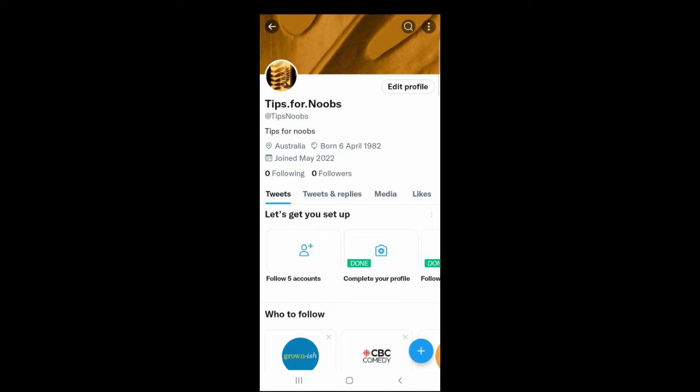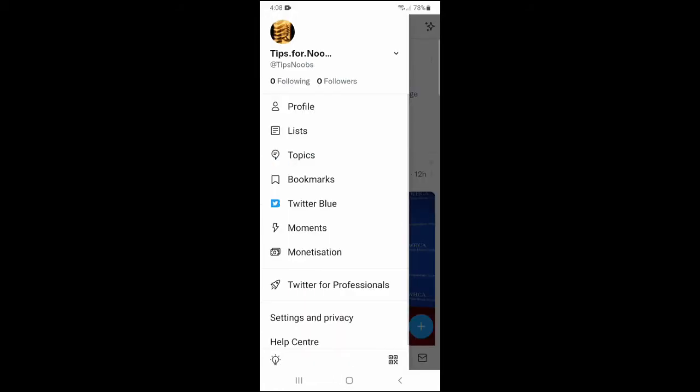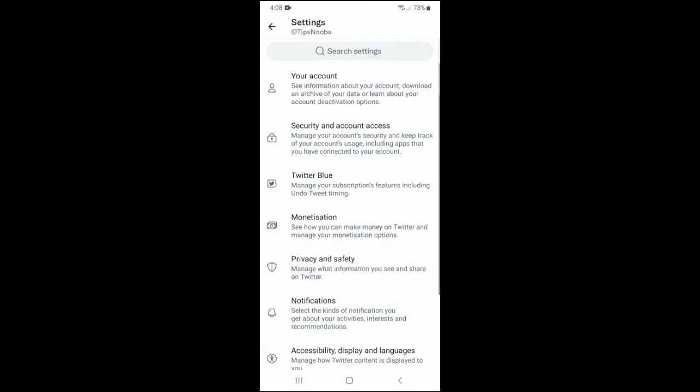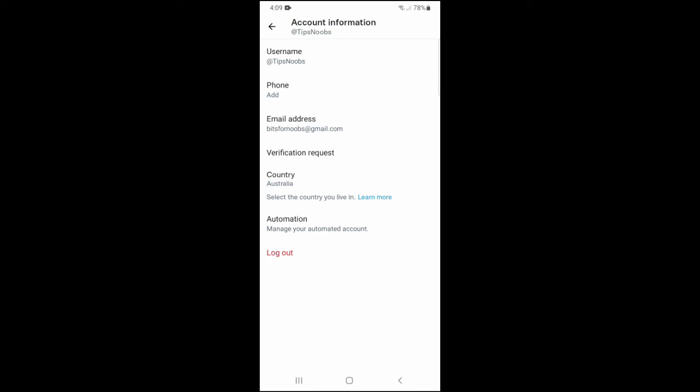Next, if you'd like to change your username, which is the name underneath your name where it says @tipsnoobs, firstly what you need to do is go back to the home screen, then click on your profile picture. Scroll down where it says Settings and Privacy. Next, click on your account, then Account Information, and here you can see Username. Click on that,